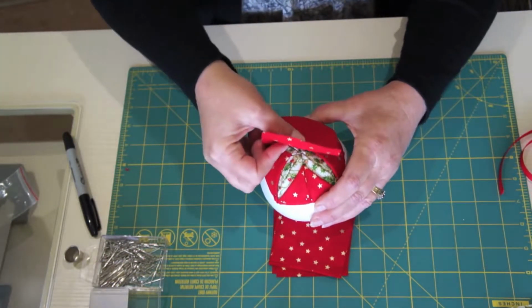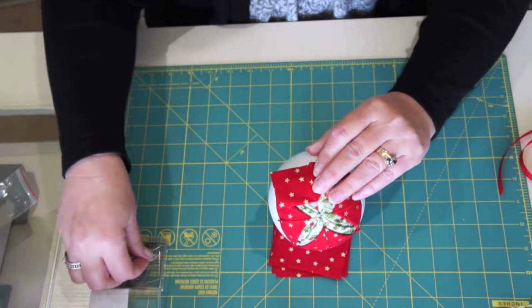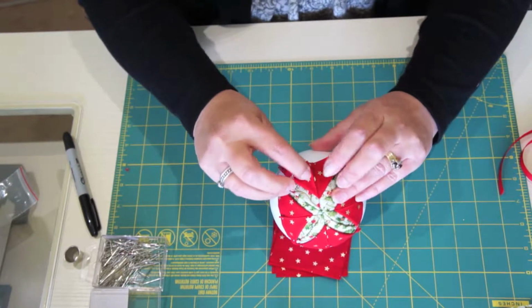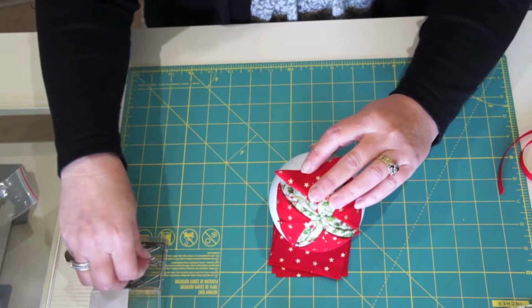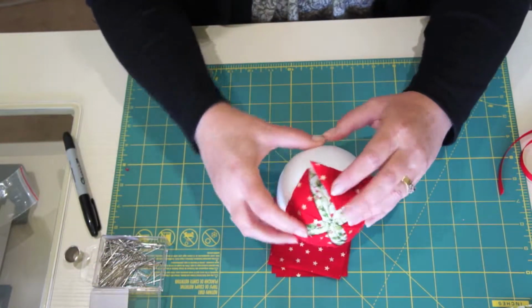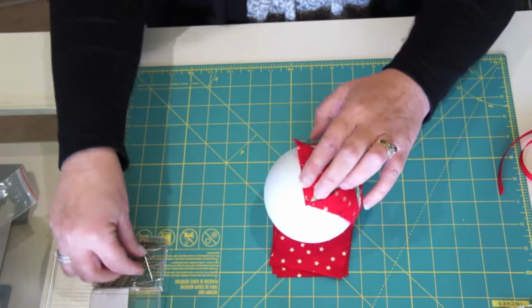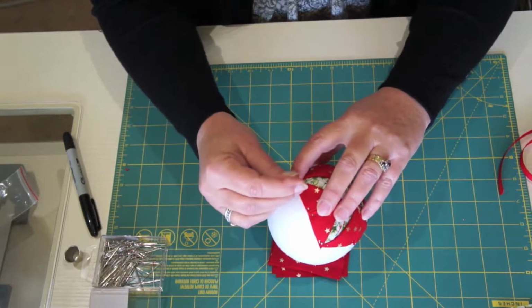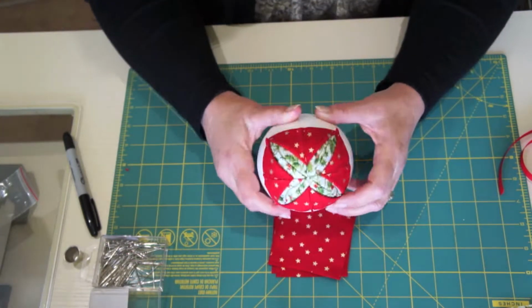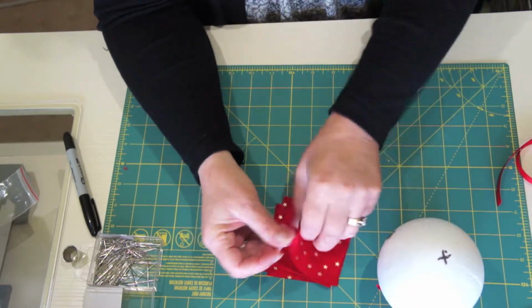1/2 inch. Okay, so that's your 4 done. You can see that's starting to come together now. So your next task is to